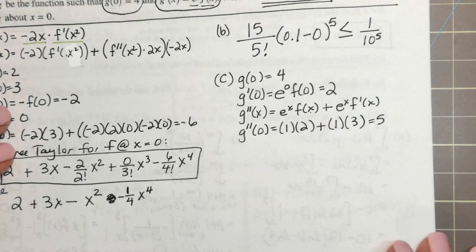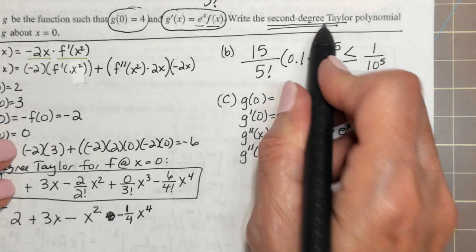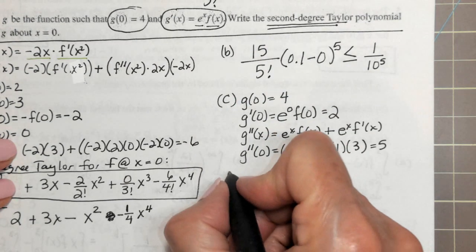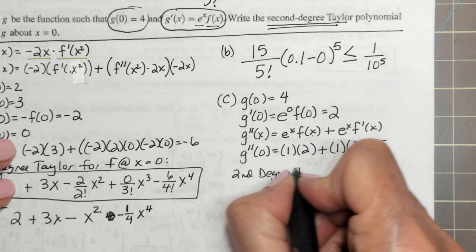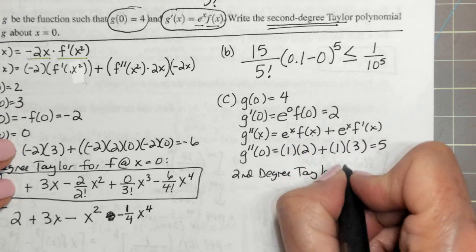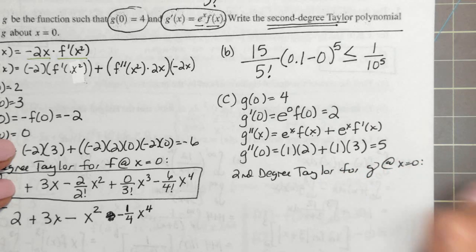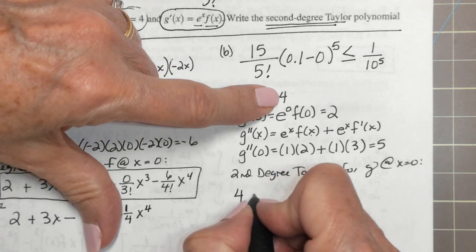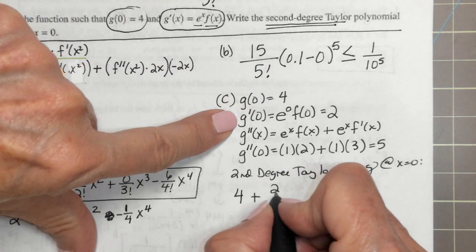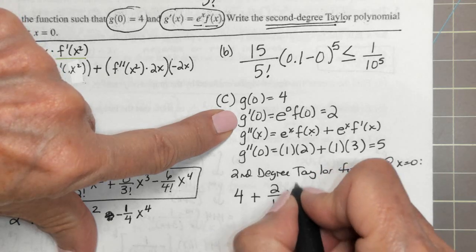So g double prime of 0 is 5. So that's all we needed for the second degree Taylor. We just need to go up to g double prime. So the second degree Taylor for g about x equals 0 is 4 plus 2 over 1 factorial x to the first